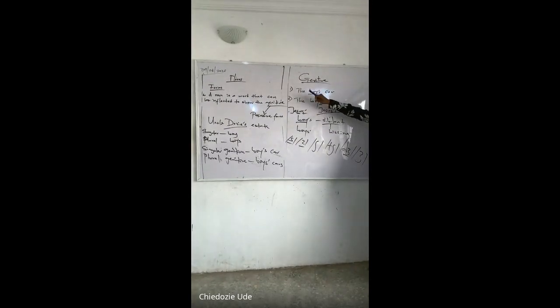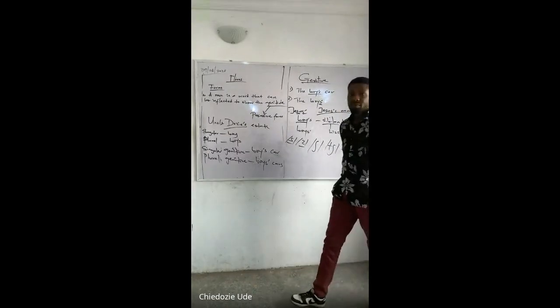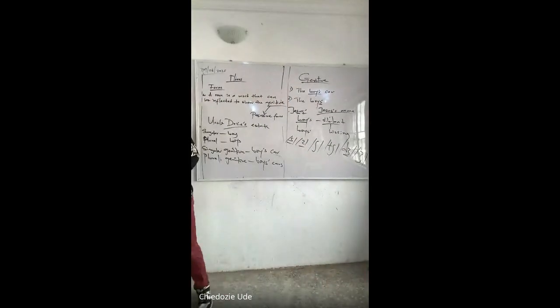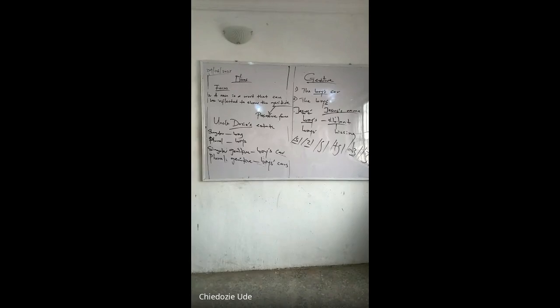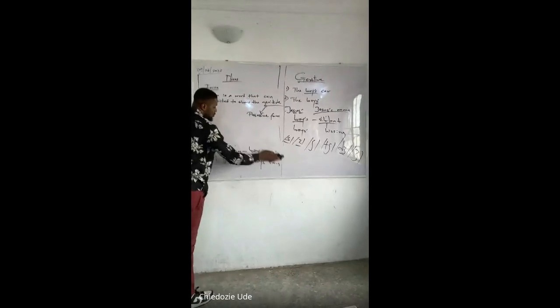So this is the genitive. When it is singular, we add the apostrophe and an S. When it is plural, we just add only the apostrophe. Now, there are some complicated cases. Can you imagine a situation where a singular item has an S ending, like Jesus? Most times, when a singular item has an S ending, most teachers will say, just add the apostrophe. For instance, in words like James, Charles, Francis,